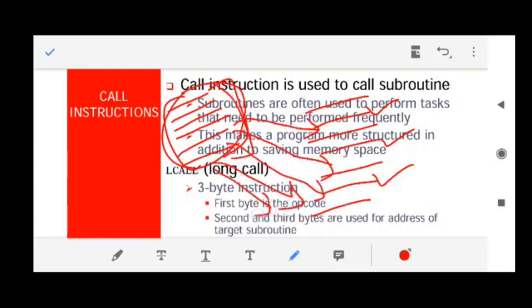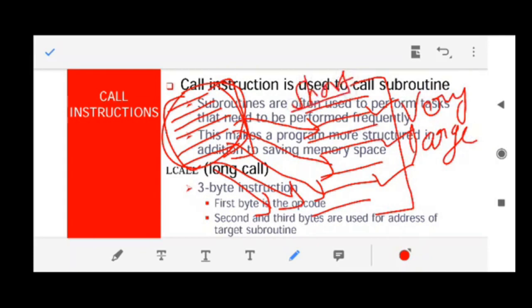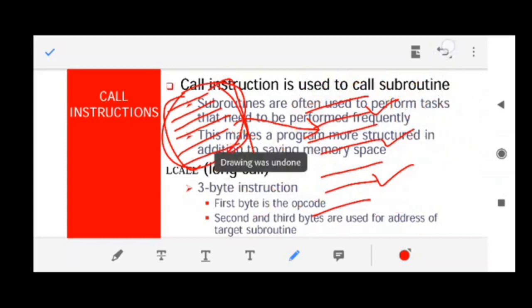Here also, and wherever you want to print. So the length of your program will become very large, although your program is short. Your program is short, but since you have used the displaying functionality of a monitor, or the printing functionality of a printer, any input output device, the length of your program will become very large, and it is very difficult to write large programs again and again.